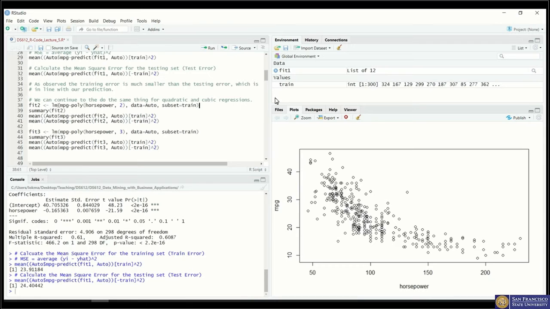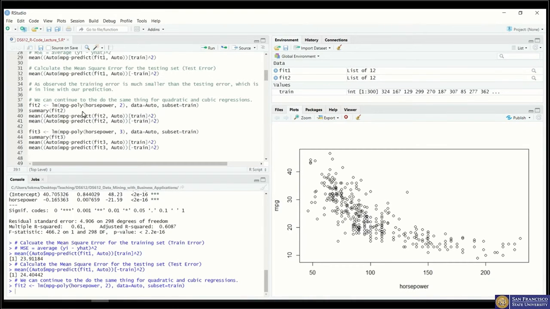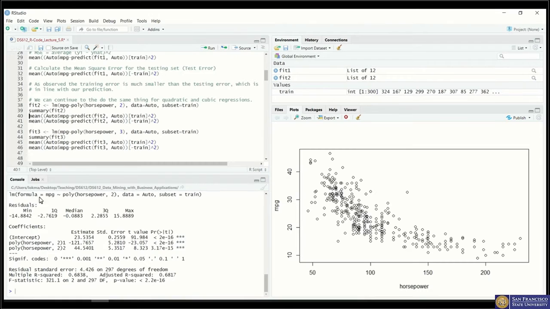So we fit this model and we find the summary of it, and now we can see that we have the first power of the polynomial function and the second power of the polynomial function, and both of them are statistically significant. So it makes sense to give it a try. And now let's see what we can get out of our training error. So the mean square error for the training data, again, we indicate it here,